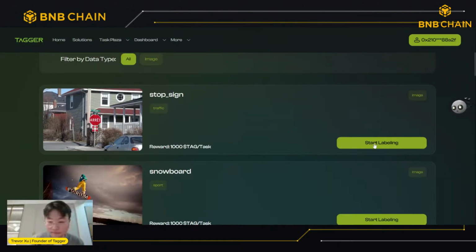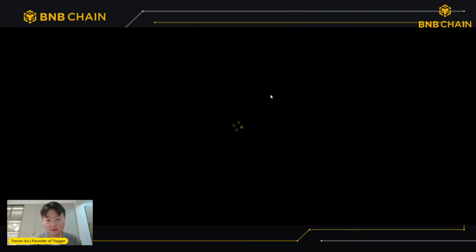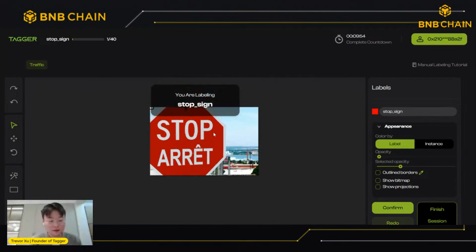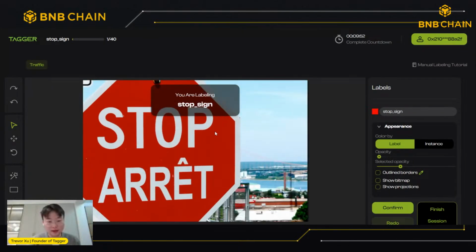So for example, a stop sign, right? Okay, as we can see here, we have a stop sign immediately popping up. Right now you can click, for example, the polyline labeling tool.